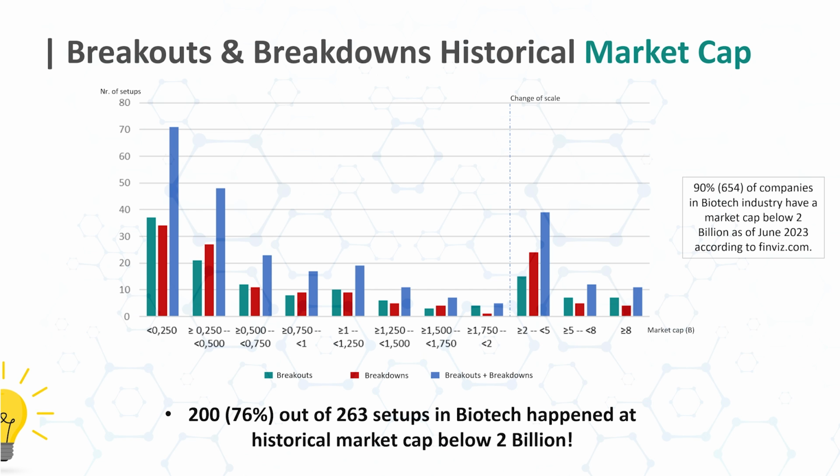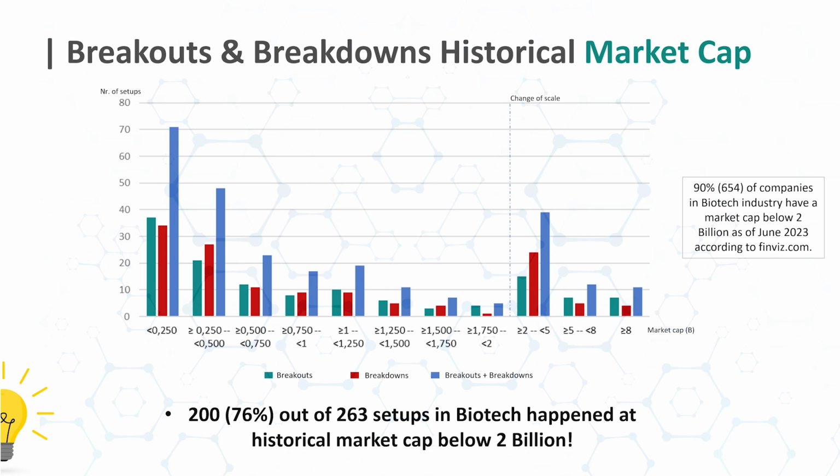The information for all the breakouts and breakdowns was collected, and this is how the aggregated chart looks. When reading it, on the vertical side of the chart you see the number of setups, and on the horizontal part is displayed the market cap in billions. What we can see is that 200 out of 263 setups in biotech happened at a historical market cap below 2